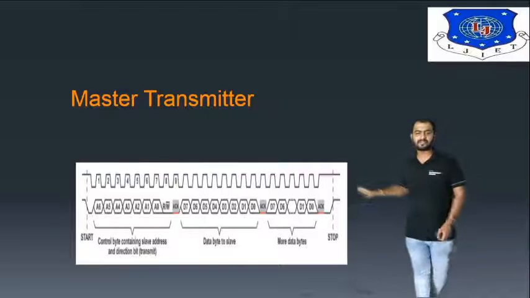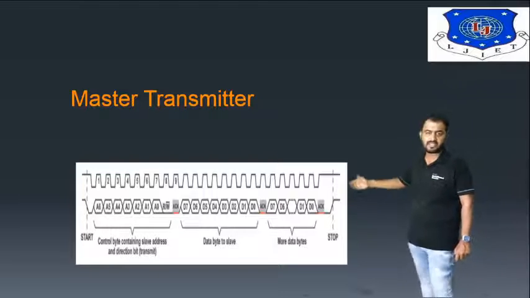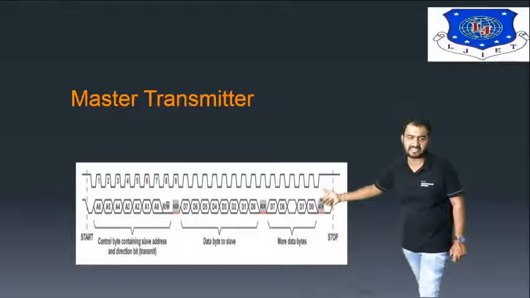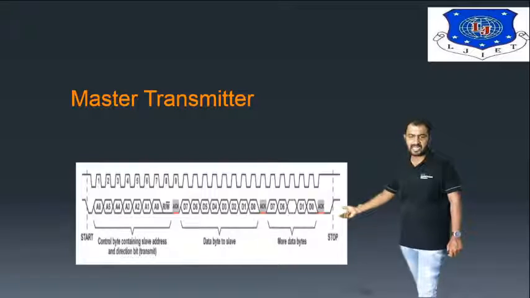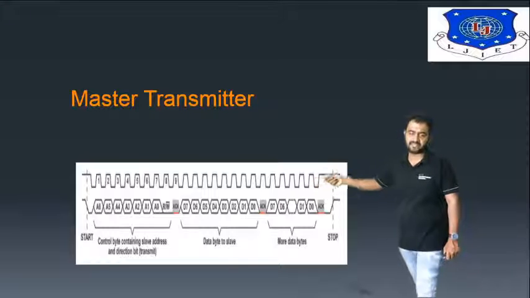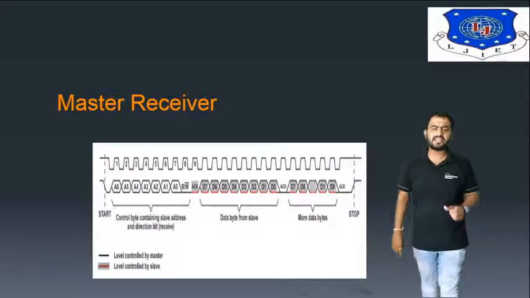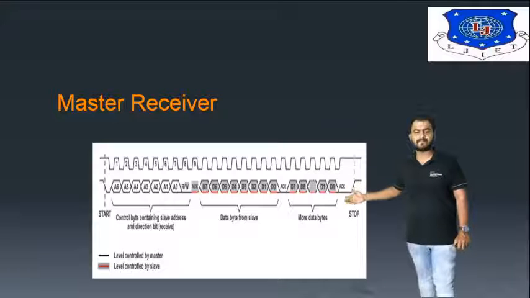Here you can see that in master mode you have a start and a stop bit. Similarly, with respect to the clock pulses, we have the starting address from A0 to A6 and data from D0 to D7. The start and stop conditions generally indicate the bit pulses for the communication channel. Similarly, on the receiver side, it will be working in the same manner.